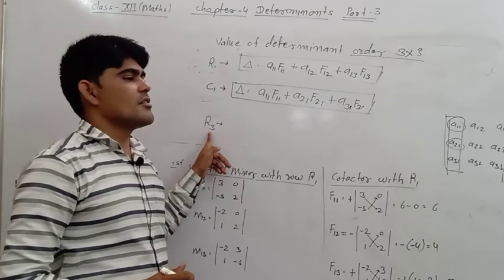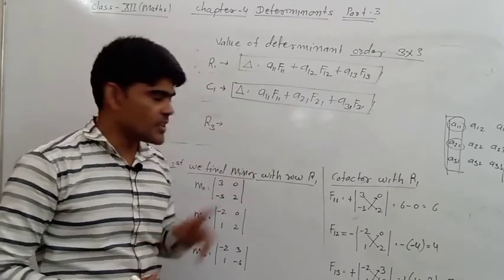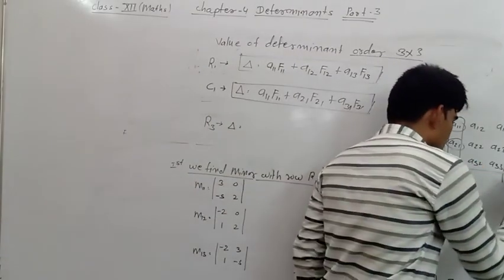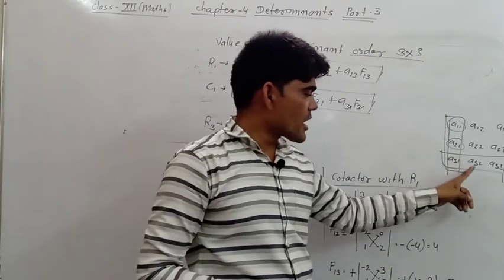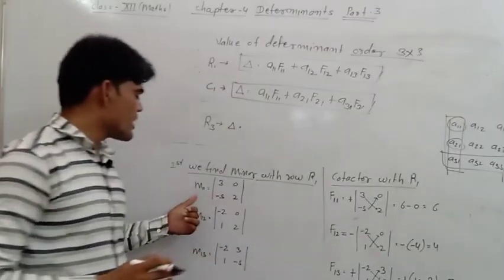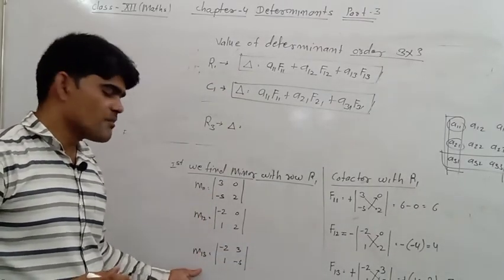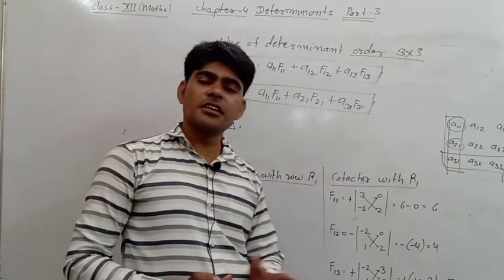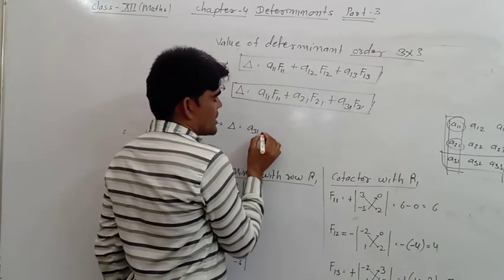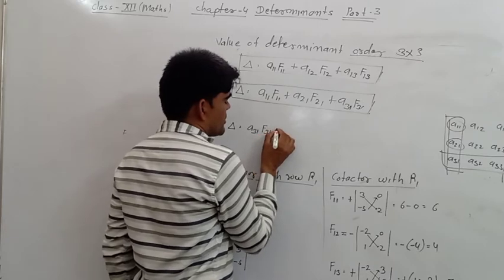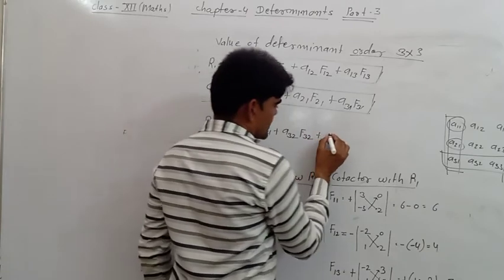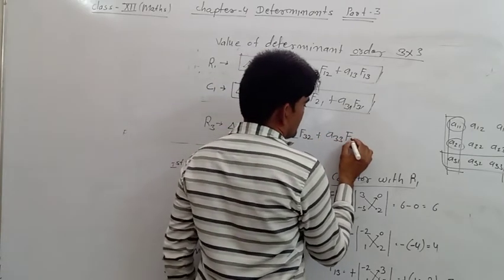If we find the value of determinant by using the third row, then we use del equals to third row. It means this is the third row. We find the minor and cofactor of row third. थर्ड रो के रेस्पेक्ट में अपने को पहले माइनर फाइंड करने होंगे. M31 M32 M33, इनके रेस्पेक्ट में अपने को इनके कोफैक्टर फाइंड करने होंगे. Then we put value A31 multiplied by F31 plus A32 multiplied by F32 plus A33 multiplied by F33.